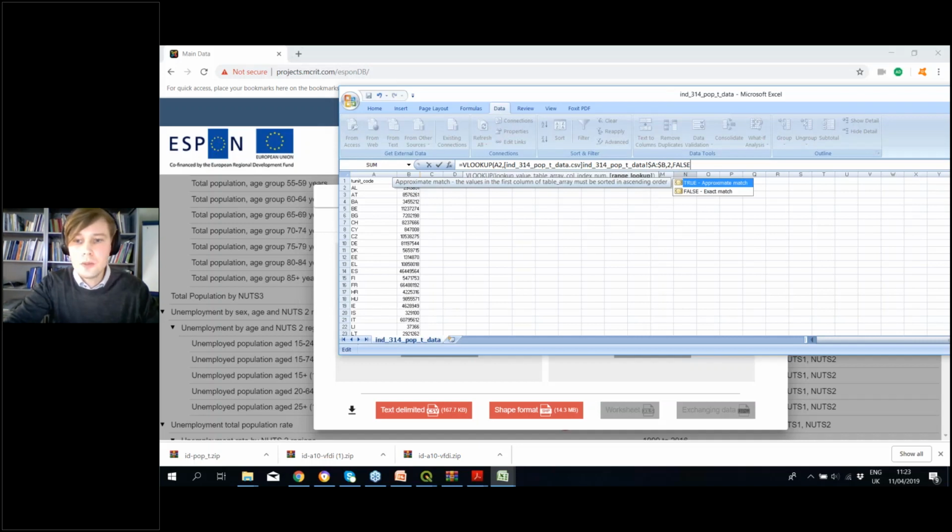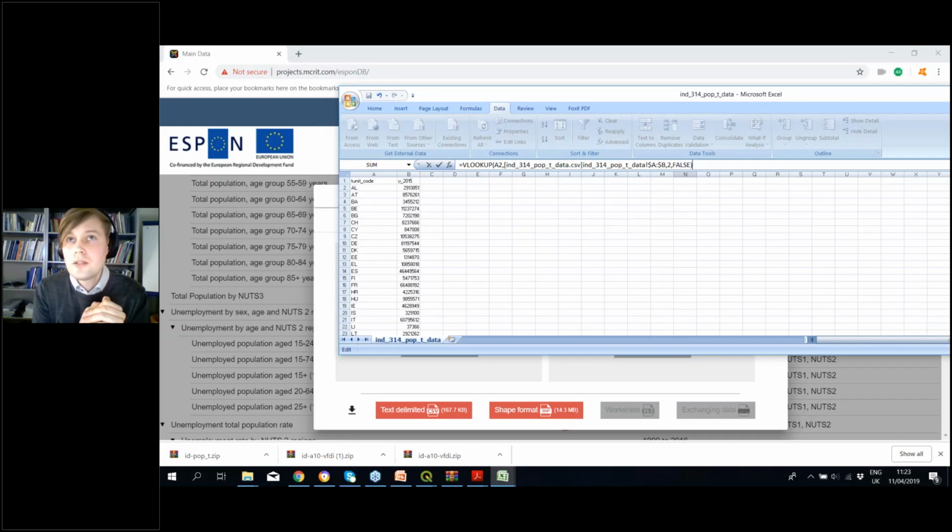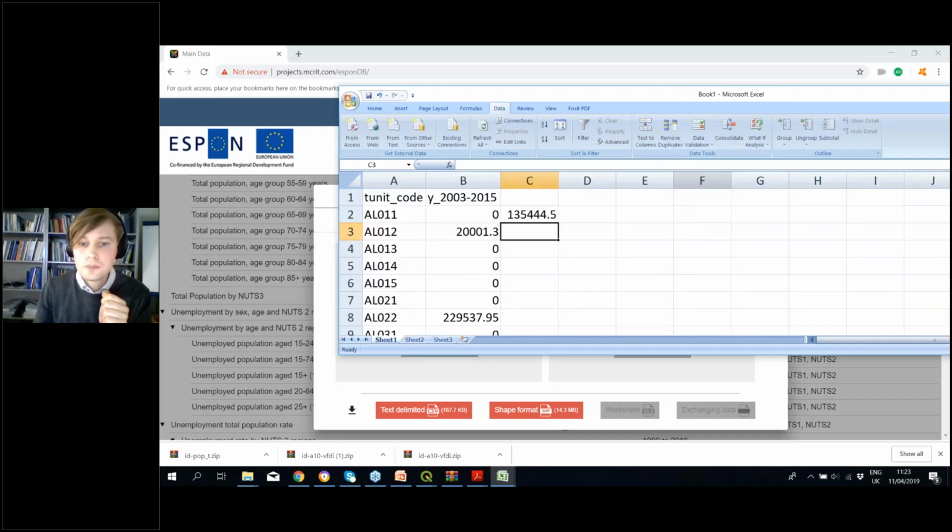Here you have two options: true or false. If you type in true, then it means it looks for a similar value. But if you type in false, then it needs to find the exact value. So if you type in true, it might find you information that has a similar code. But for this we are not interested. And click on enter, and you should receive this data